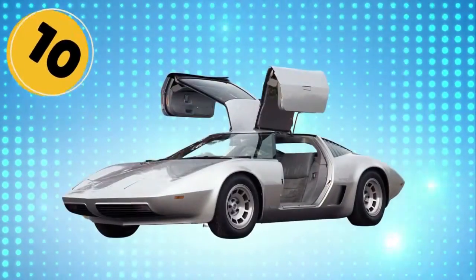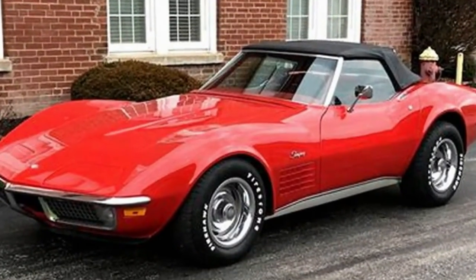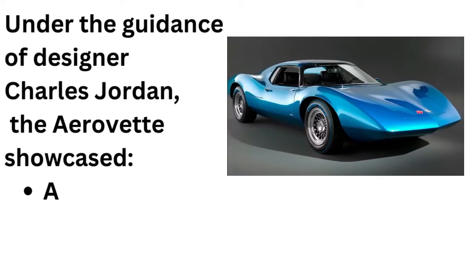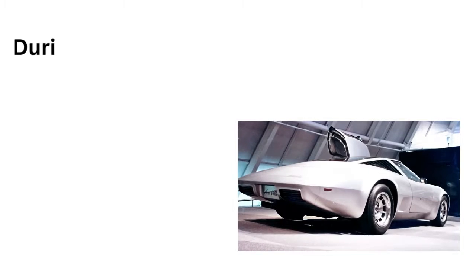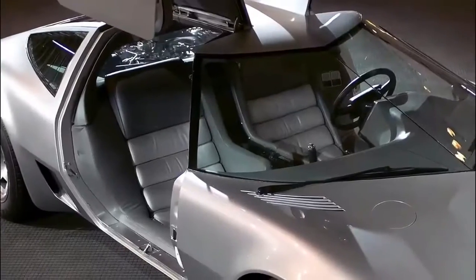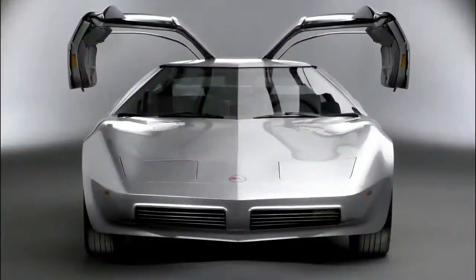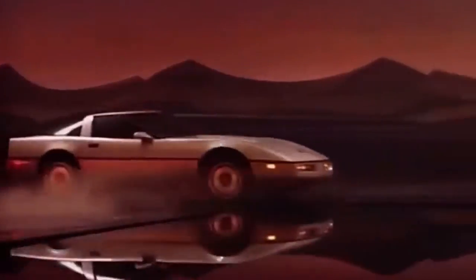One prime example is the 1970 Chevrolet Aero Vette. Chevy was already toying with mid-engine designs back then, but the XP 882 Aero Vette, unveiled in 1970, truly stole the show. It hinted at the Corvette's future with features like slotted wheels and a sleek fastback roofline. These elements found their way into later Corvette models, and the Aero Vette ignited a decades-long desire for a mid-engine Corvette, a dream that finally came true in 2020. While the Aero Vette never hit the streets in the 70s, Chevrolet went a different direction with the 1984 C4